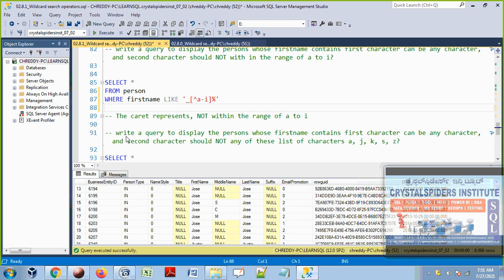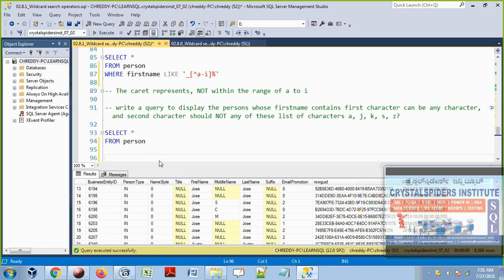Now similarly, write a query to display the persons whose first name's first character can be any character, and second character should not be any of this list of characters, except these, any other characters. For that, let me copy this one. The second character, let's copy this list of characters and put it here. That's it. Now the caret represents not these characters and the rest of the characters.